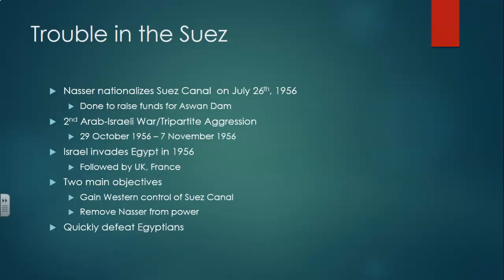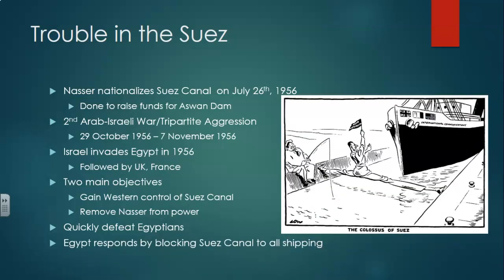They quickly go about and defeat the Egyptians. It does not take long for them to defeat the Egyptians. Nasser, though, is going to respond by blocking the Suez Canal to all shipping. As you can see right through here. Okay, he basically just stops anyone from going through the Suez Canal. He's going to go about and sink some ships in there to make sure that no one can get in